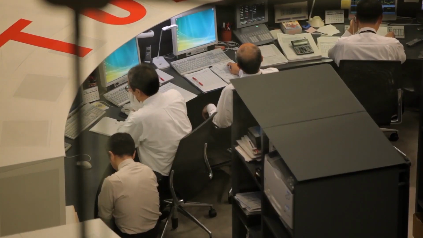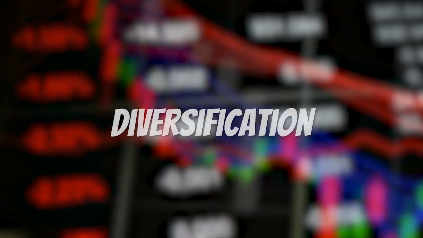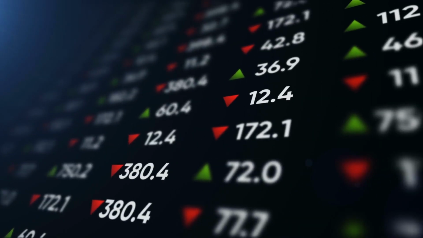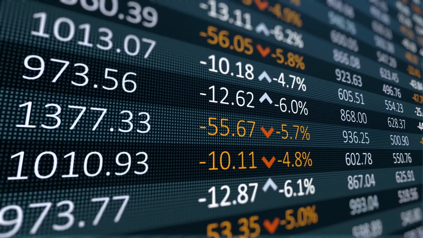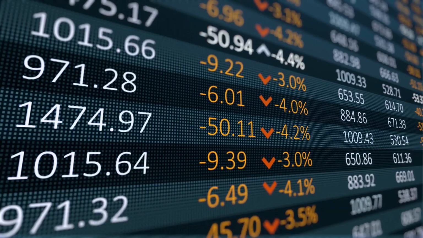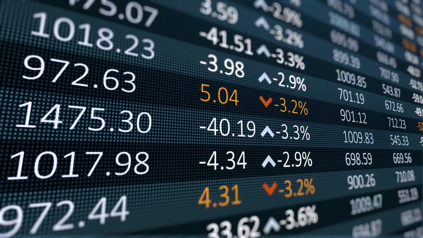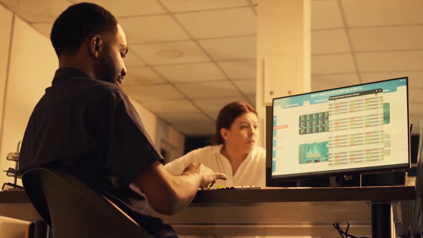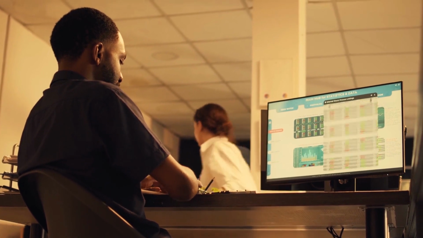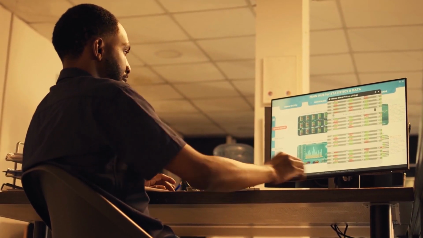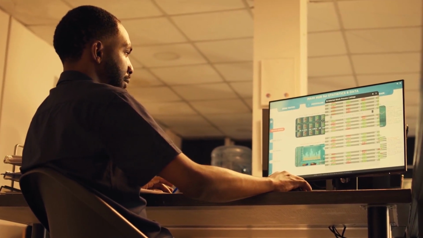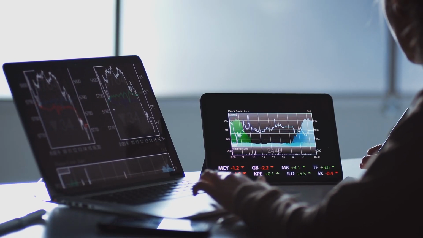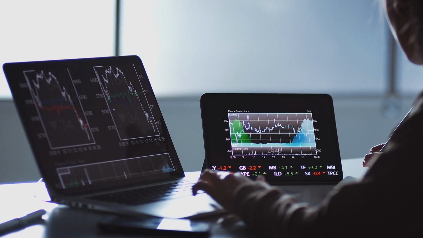Here are some strategies for maximizing ROI. Diversification. Diversification involves investing in various assets to spread risk. Investing in a diverse range of assets can potentially mitigate the impact of market volatility on your portfolio. Asset allocation. Asset allocation is the process of dividing an investment portfolio among different asset categories such as stocks, bonds, and cash. Different asset classes tend to perform differently under different market conditions, so proper asset allocation can help you